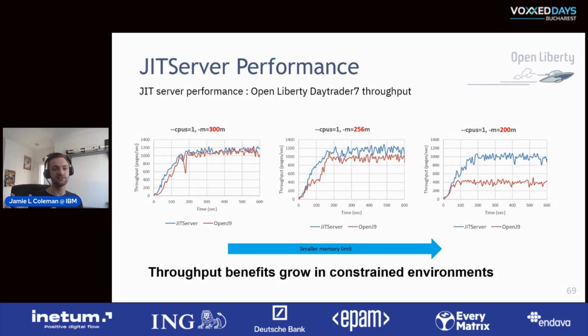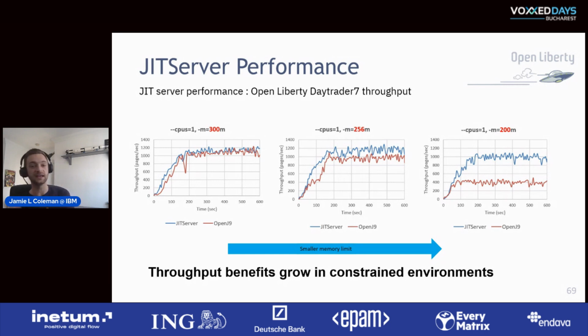But as you can see, as we constrain the environment more and more, so we take a bit of memory away, the throughput of normal OpenJ9 JVM is starting to slow down a bit. Then if we constrain it by a little bit more, it's really dropped dramatically. Whereas with the JIT server, the throughput has dropped a little bit, yes, but it's still handling what it needs to do, which means at least our customers aren't going to get horrible errors. It might take a few seconds longer for them to get their request done,